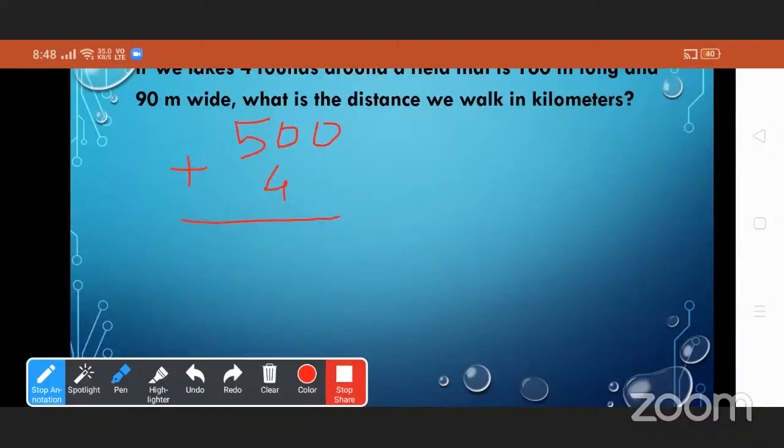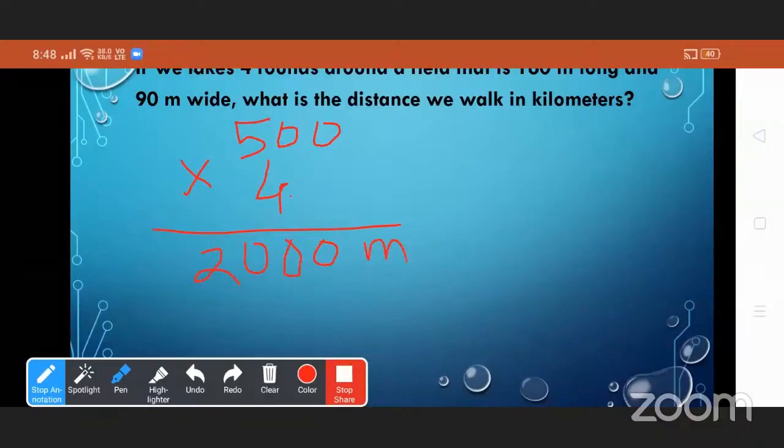What is the answer? 500 multiplied by 4 is 2000 meter. But we want the distance in kilometer. Now tell me, 2000 meter means...